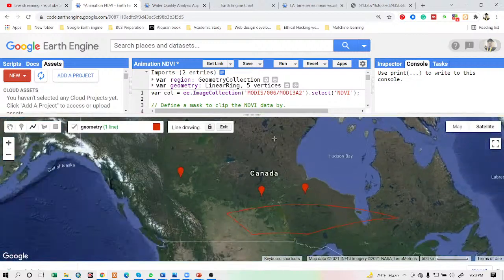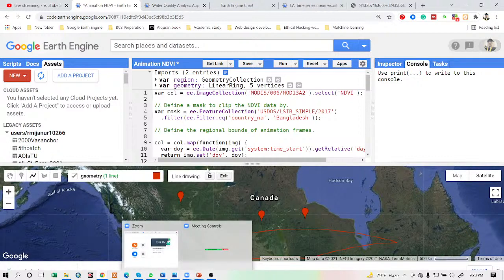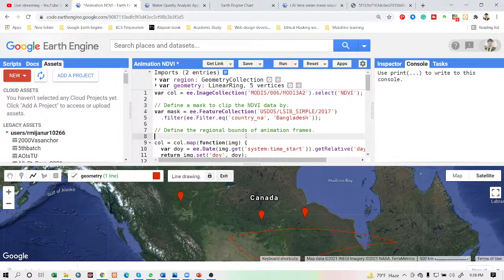Okay, so any question in this part for the user interface of the Google Earth Engine JavaScript API? Sir, you showed us the turbidity, chlorophyll, right, sir? Was that by default you get, or was code written for those commands, sir? Like in water quality analysis, you showed us turbidity, right, sir?